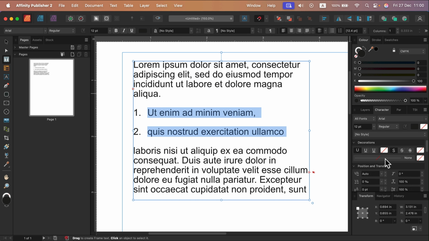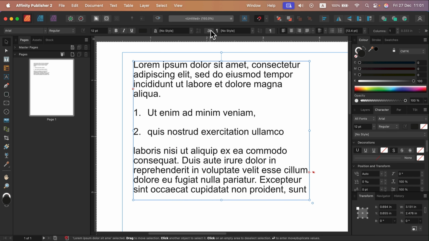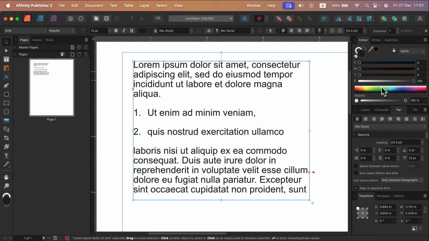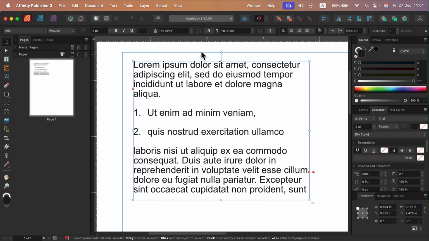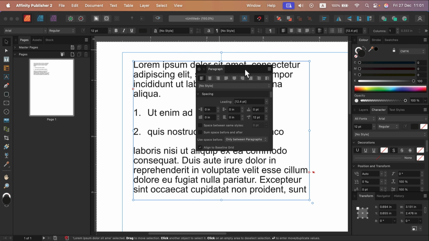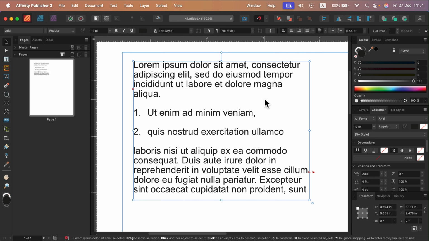If you cannot see those properties, you can always head to View or Window and turn on the area of the interface that you need to use right now, or use one of those quick access buttons here at the top: Character, this is the letter A, or over here, Paragraph. If you have them docked here, you will just highlight them, but if they are switched off completely, you will get this pop-up here. Alright, so that's how you can add bullet points and modify some settings for your text